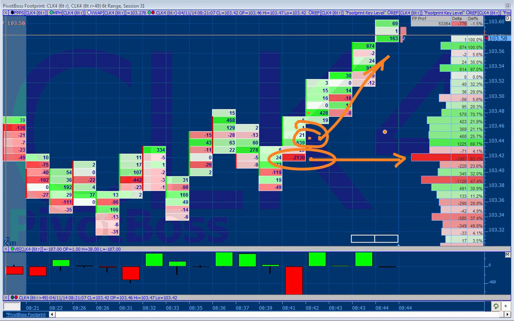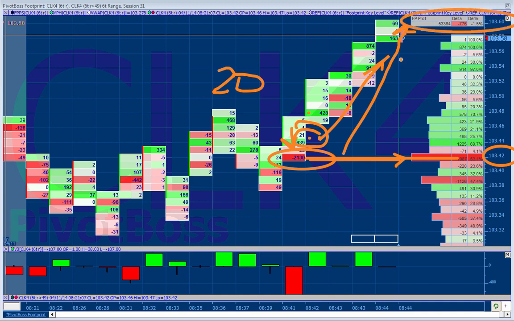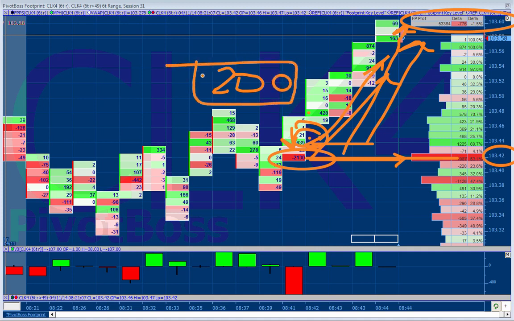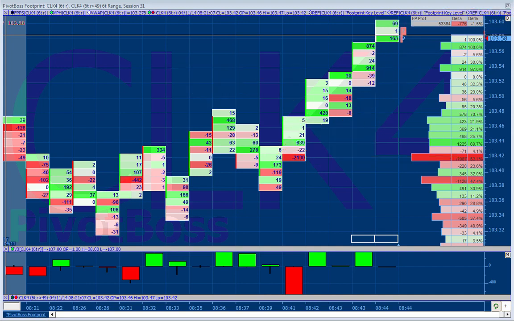What's a standard stop loss in crude oil for the basic trader? 20 ticks. Look at them come out of their position here at 103.42 and boom, price pushes up about 20 ticks. It goes higher than that, but I stopped it. 20 ticks. So if you step on the gas here and you buy to squeeze them out of their trade, you got at least 20 ticks. That's $200 per contract on 20 ticks. $10 a tick. Okay, let's progress this.